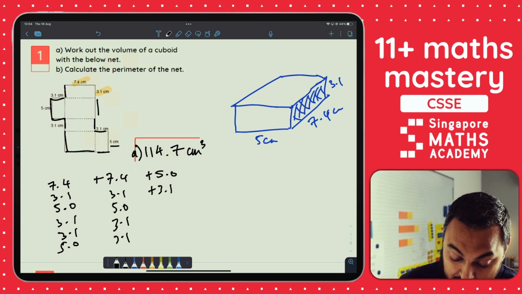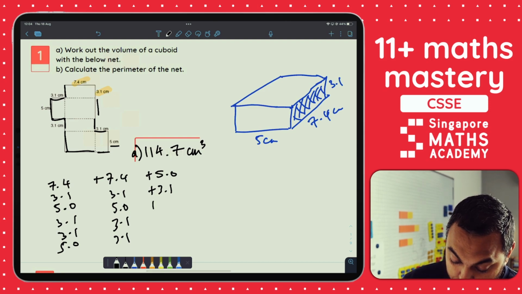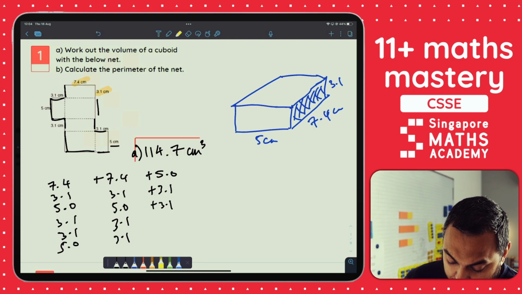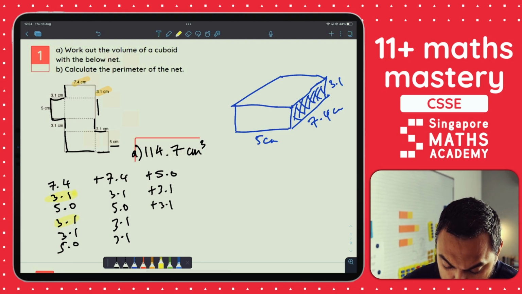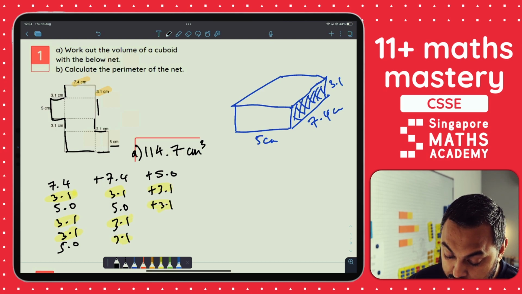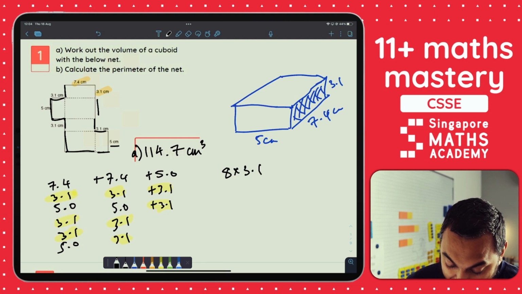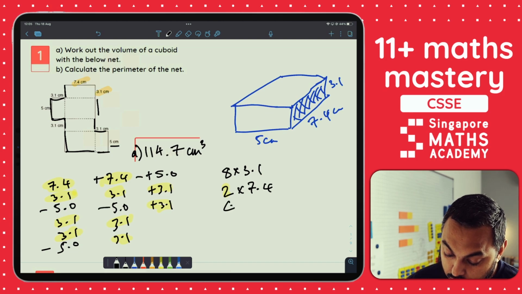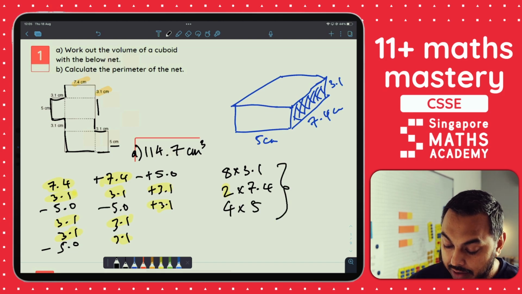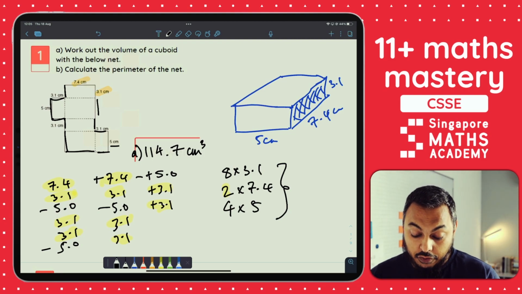And I've got another 3.1 here as well. And I can see that from here, I've got 1, 2, 3, 4, 5, 6, 7, 8 lots of 3.1s. So 8 times 3.1. Add, I've got 7.4, 2 7.4s. So 2 times 7.4. I've got 1, 2, 3, 4 times 5, and that would give me the perimeter of my